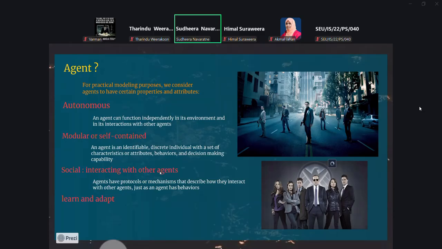But when it comes to agent-based modeling, you don't worry about how they are interconnected at the beginning, right? And how the power flows, you don't worry about it. So you model the PV agent separately, the EV agent separately, the battery energy storage agent separately, and so on, right? And then you create the interaction between those agents.